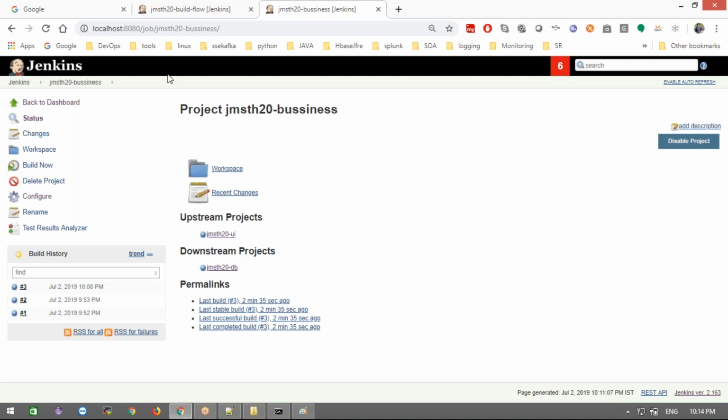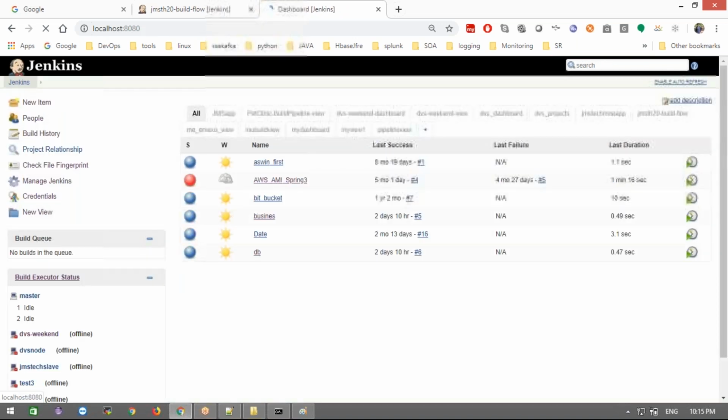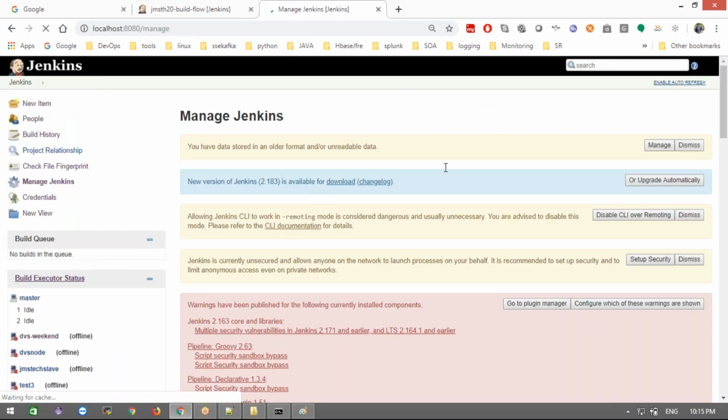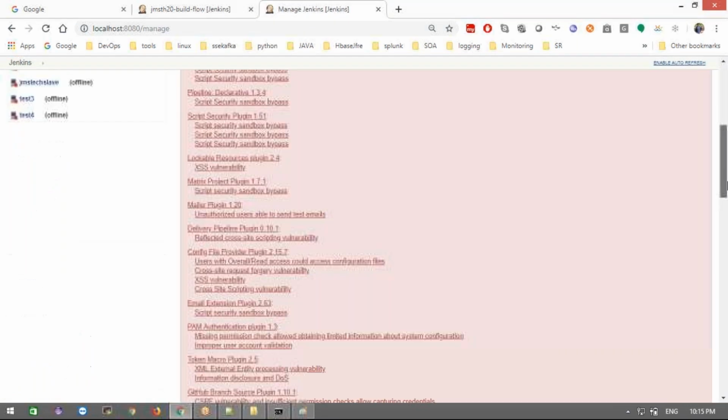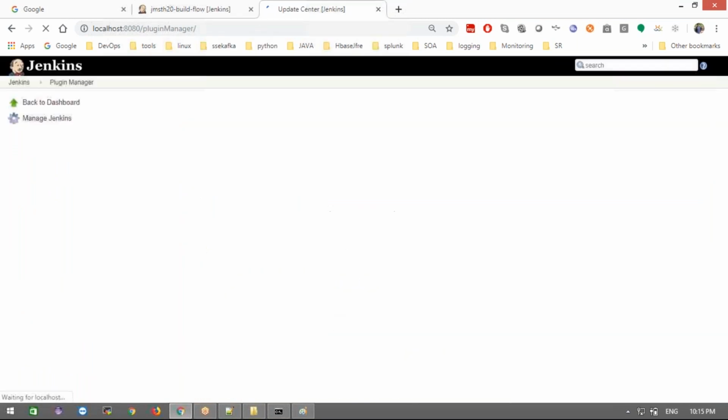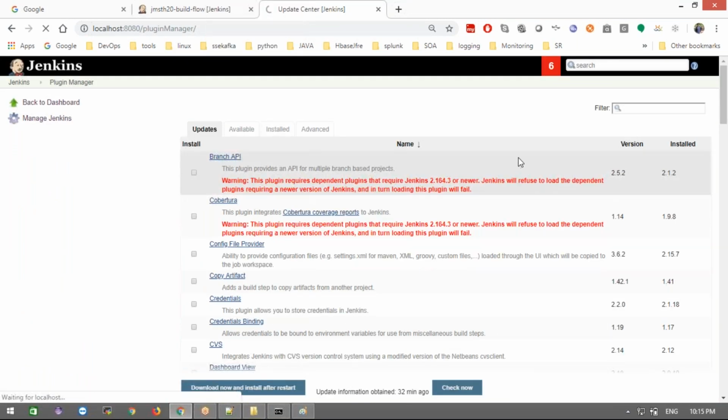Now, what we need to do, we need to install the plugin called the dashboard view plugin. Go to Jenkins homepage, manage Jenkins, and install that dashboard view plugin. I'm going to the install tab.